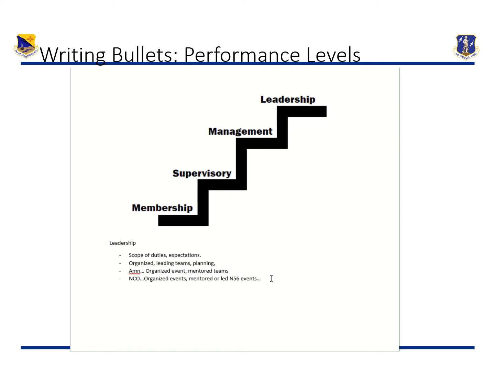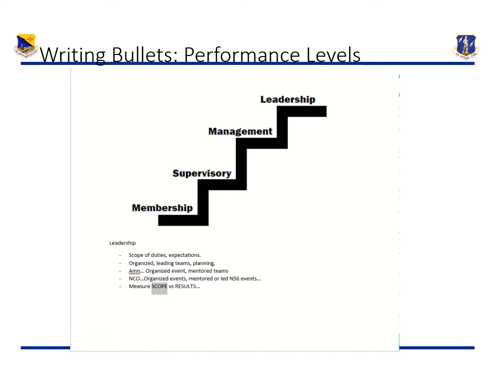Now, here's the tricky part. You need to measure the scope versus the results. The reason you want to do that is because you can have an airman working at the tactical level. His scope is limited, but the results of his actions could far exceed any of these three other levels, and clearly jump into the leadership level.